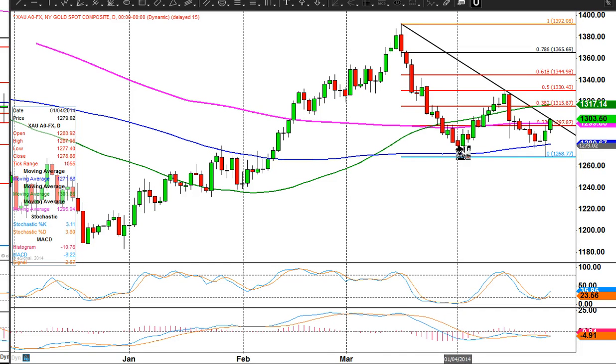1277, 1275 area. We did get that initially on the 22nd. Then on the 24th we plunged through it, didn't manage to close below there. It was really just a full spike down to shake out any weak longs. And then of course this higher close really was a very bullish candle for gold, and I think this just